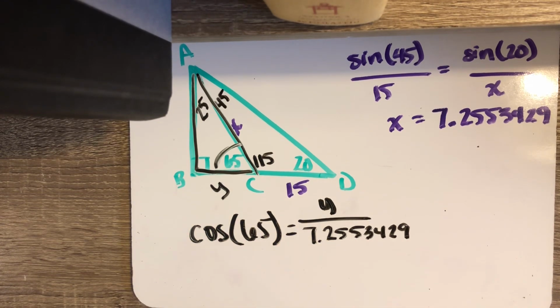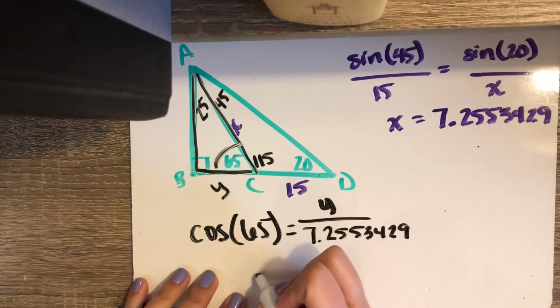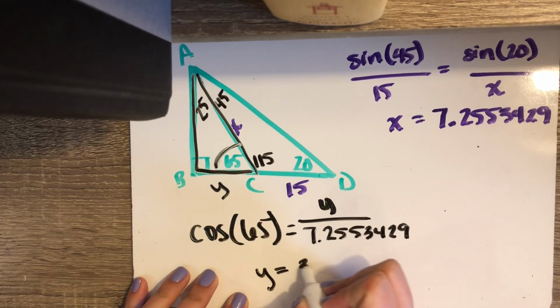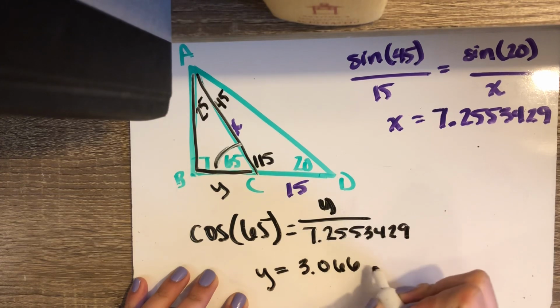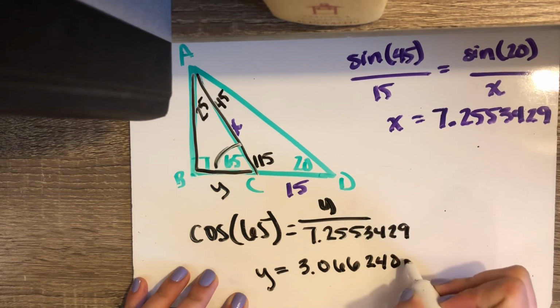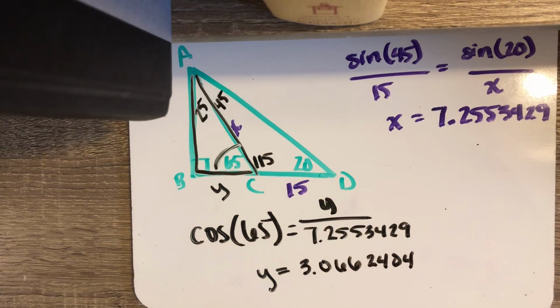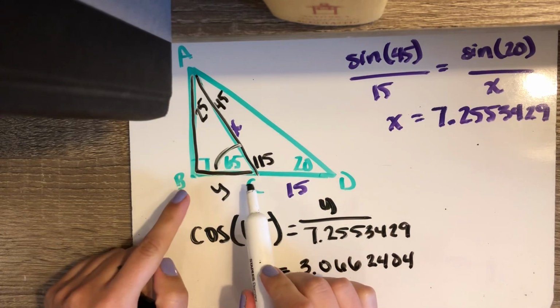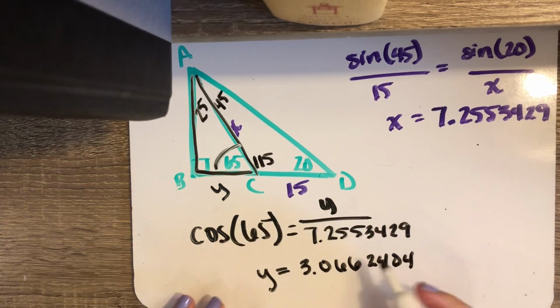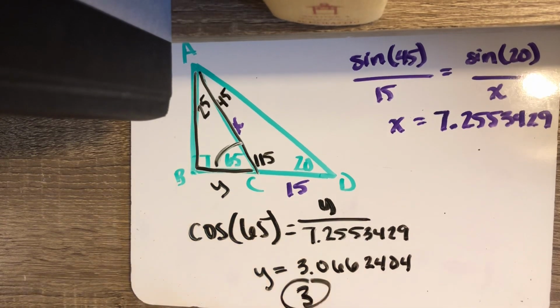So cosine of 65 times that hypotenuse gives me that y is 3.06624. We'll round that to a 4. And you're asked to find segment BC's length to the nearest whole number. So that nearest whole number would be